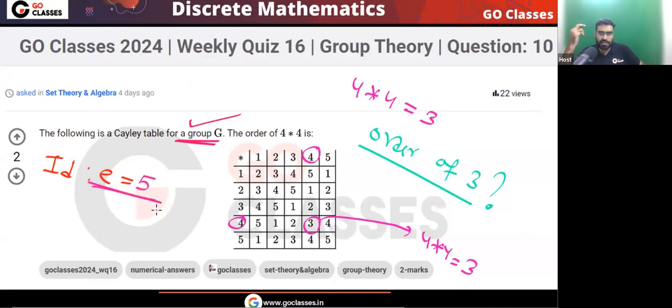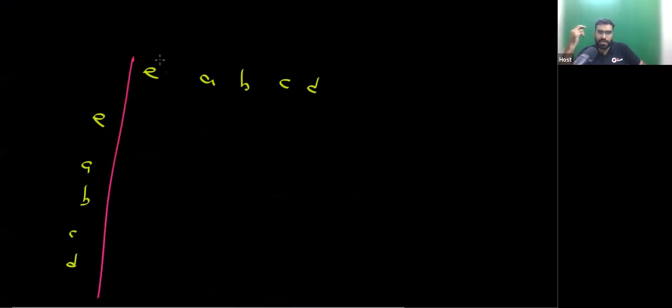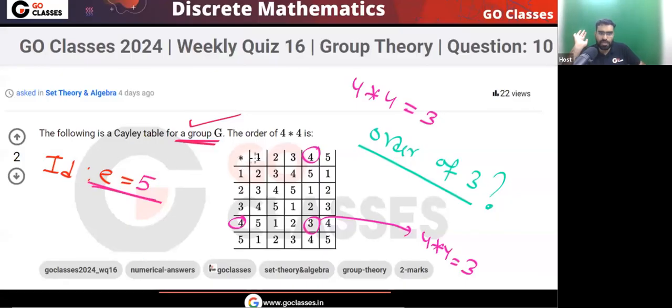Okay, please understand. In any group, if you see a group like this, will you always think that the identity element is E? Will you blindly assume that E is the identity element? No. E may or may not be the identity element. Similarly, will you blindly assume that 1 is the identity element? No. Here, if you notice, the identity element is actually 5, because you can easily